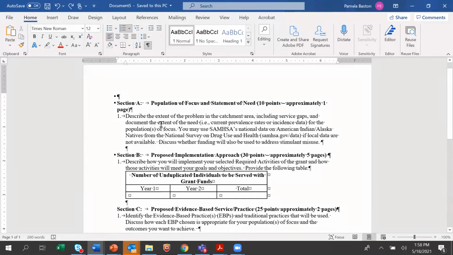Look at how many different things are embedded here. Describe the extent of the problem in the catchment area. That means whatever area you will be working on, whether that's your tribe, your whole tribal geographic area, a school, a region, a county, whatever is defined as where you're going to implement this program. So you have to describe the problem in that area. It includes, what are your service gaps? Document the extent of the need. What is your prevalence rate or incidence data? In other words,